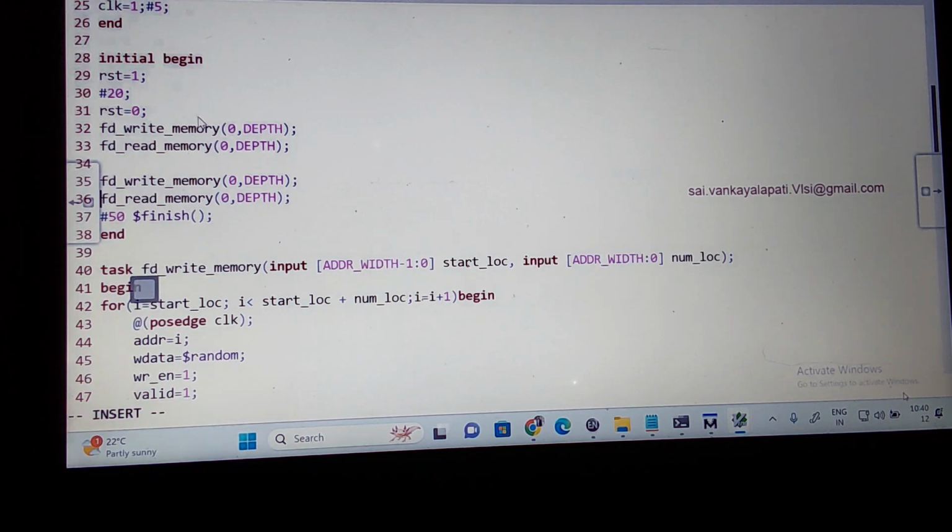So what will happen if I do it like this? I'm calling the task. First time I'm calling the task passing the argument as 0, depth. Read also 0, depth. And again I'm calling this task. Now what I'm doing is quarter, half read and half write. So how will the output come here? For the first task call, it is going to take all of it based upon the depth, read and write. After that, half read, half write. Again if I call it like quarter, like this.